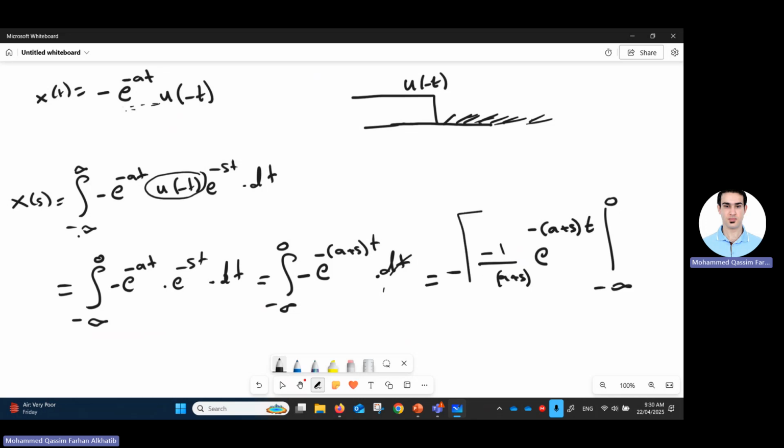All right, so assuming I took the negative sign outside, the integration will be negative 1 over a plus s, and I'm going to get the same exponent. Clearly, I can remove the negative signs here. Now let's apply the limits of the integration. So initially substitute 0: 1 over a plus s, e to the power minus a plus s times 0, minus